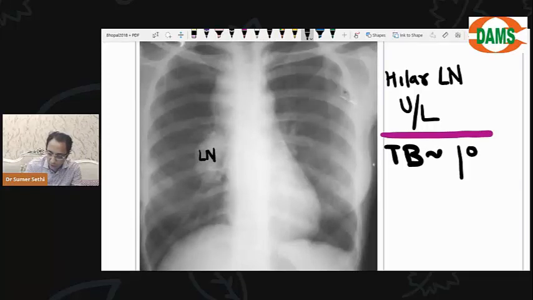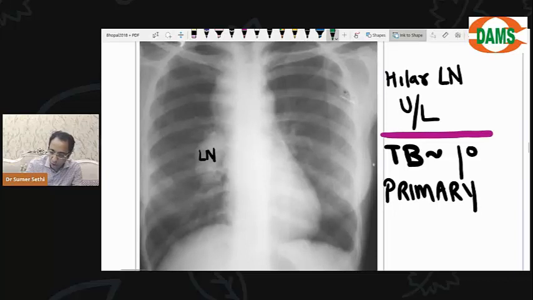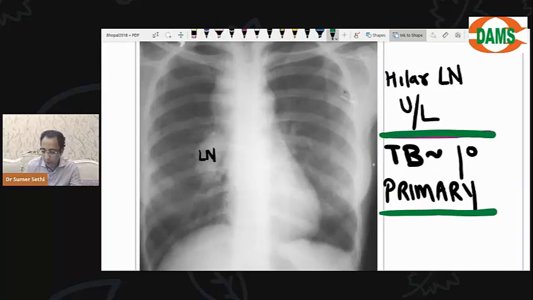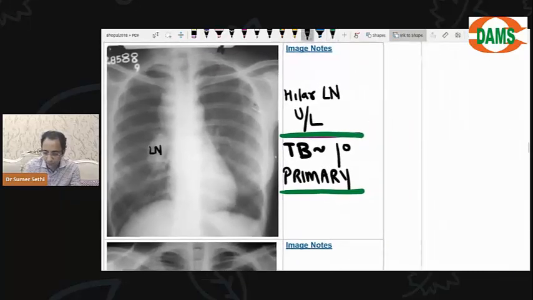Primary or secondary? Primary TB. So lymphadenopathy is a feature of primary tuberculosis, not seen in secondary TB. It's mostly in primary. Now tell me, a patient with AIDS